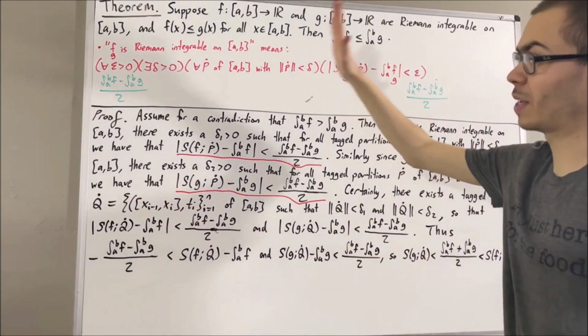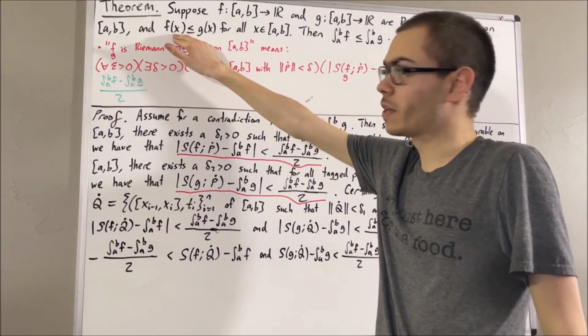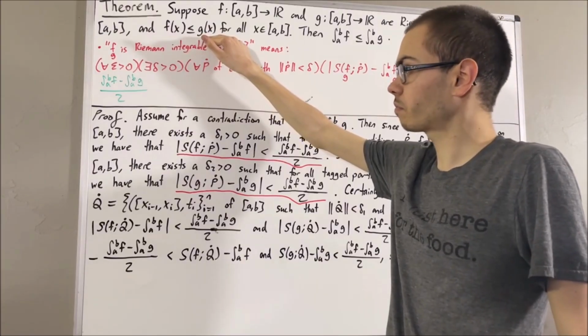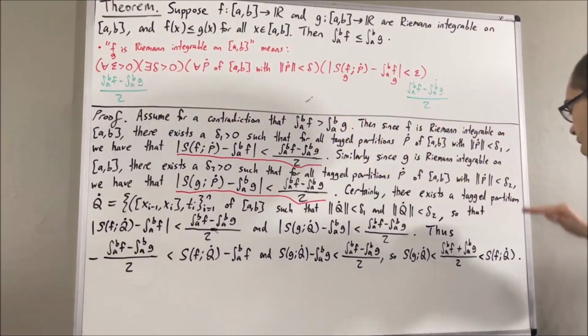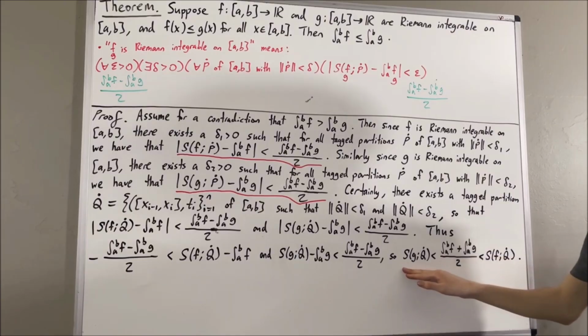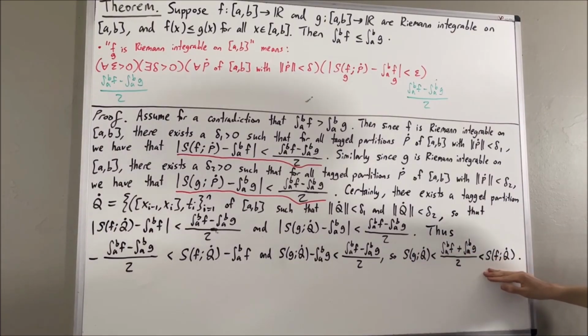But let's use the fact that we haven't used yet, which is that every output value of the function f is less than or equal to the corresponding output value of the function g. The claim is, with this fact, we can show that the Riemann sum of f is less than or equal to the Riemann sum of g, which will contradict the fact that the Riemann sum of g is less than the Riemann sum of f. And to see how that happens, we'll notice